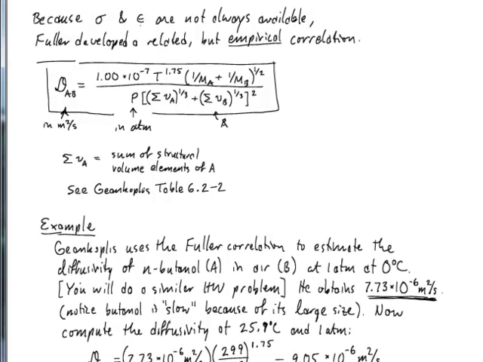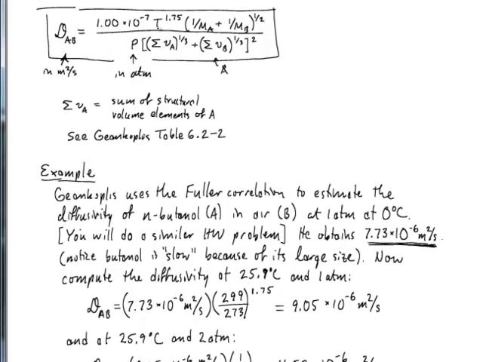So you'll notice a slight difference here. The temperature is now to the power 1.75. That's accounting for the fact that in that collision parameter there was effectively a dependence on temperature. As you change the temperature, the ratio of epsilon over kT is changing, and that's changing the collision parameter, and that gives you effectively a little bit of an extra 0.25 power dependence on the temperature. So that's built into the Fuller correlation empirically, and we don't need that collision parameter anymore.